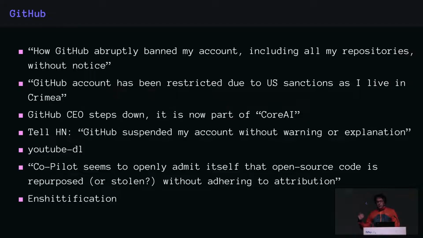Then there, of course, was a big Streisand effect, so people started uploading the source code of YouTube DL to everywhere else. They started encoding the source code of YouTube DL into images and posted that wherever, on social media. And recently, we also have this theme of AI and it really being unclear how the code there is being processed and whether the licenses are really